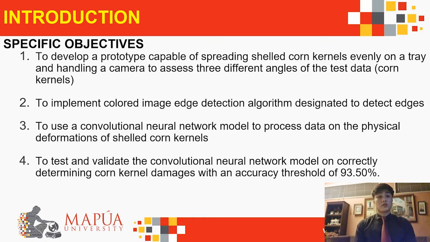test data. In order to achieve this, we've designed a simple wooden tray, and under it we've coupled 2 vibration motors which will facilitate the spreading of the corn kernels, and there are 2 panels going out from the sides of the tray which will also house the 2 camera stands which will be used for the 2 different camera angles aside from the top angle, which will be manually captured by the inspector